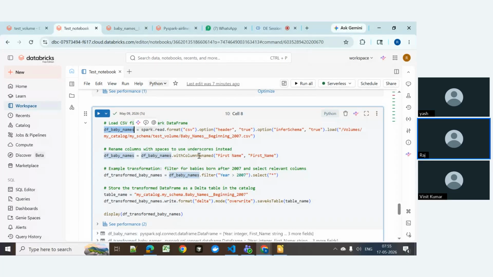Another point that I was making here is that when we are dealing with a Delta table, a Delta table doesn't directly support spaces in names. So we have to convert whatever names have spaces. Here I did it manually, but when we have, let's say, 100, 200 columns, we cannot write it this way, right? So we can create a function again, which reads every column from the data frame itself, and wherever it finds any special characters or spaces within the name itself,